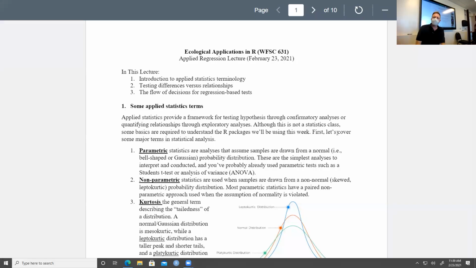Cool. Okay, so for today, we're moving into applied regression in R and how to implement regression models. But before we jump straight into regression, I thought maybe I'd cover some of the basics that many of you have probably been exposed to in your basic statistics class or biometrics class, but maybe it's been a little while. And so we'll just go over some of these basic terms and concepts that are necessary for interpreting